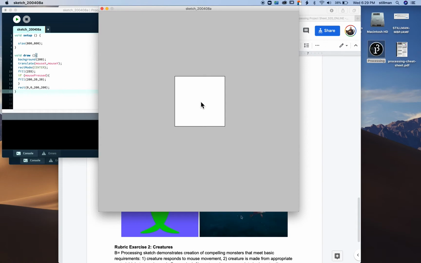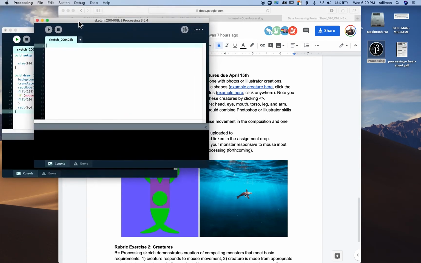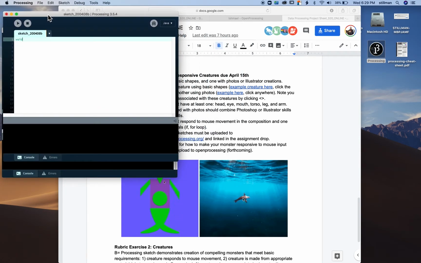So there's a lot happening there, and what I'm going to do now is I'm just going to go ahead and I have a blank sketch, and we are just going to start from scratch. So I'm going to do my void setup, and when I do these commands and functions, I like to get all of the punctuation right before I fill in stuff. So I do the void setup with the closed parentheses and the curly brackets, and then I set my size,